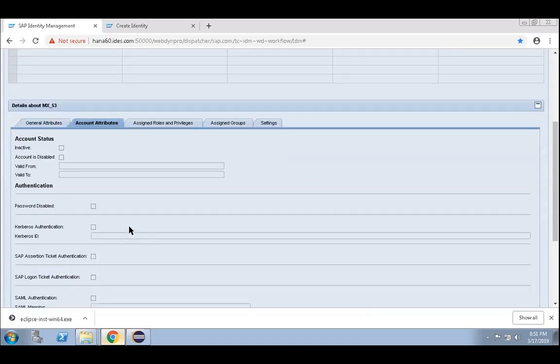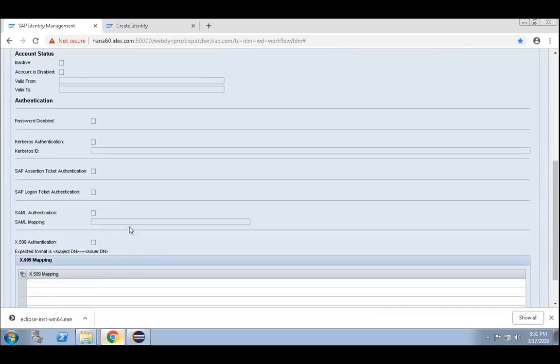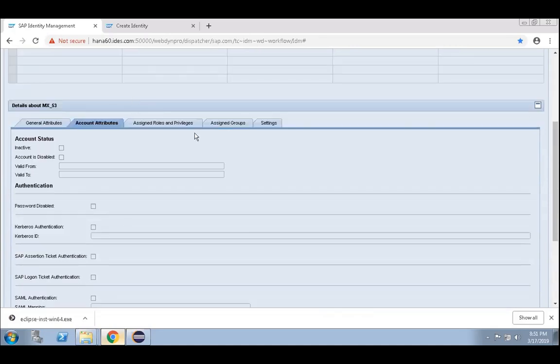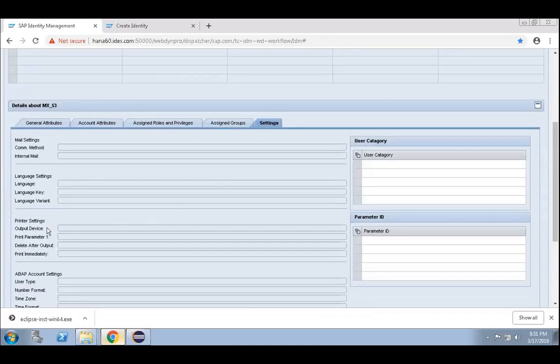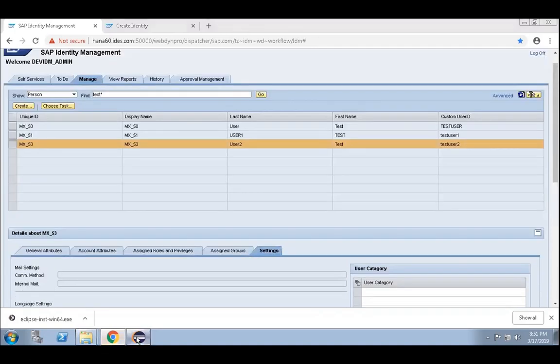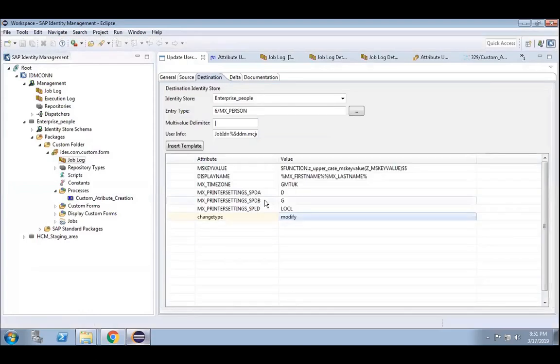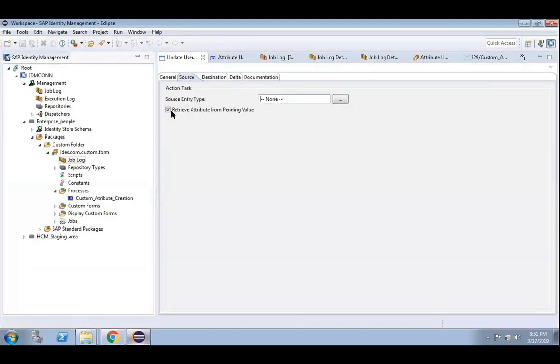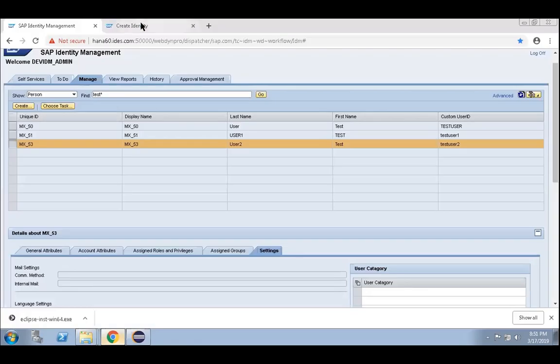You pass the printer. Yes, I have passed the printer. Where will that be updated? Here only: the output device, LOCL, printer, output, these things. So it is not updated. Why is it not updating? Is that the culprit? Yeah, I believe so. Let me check.